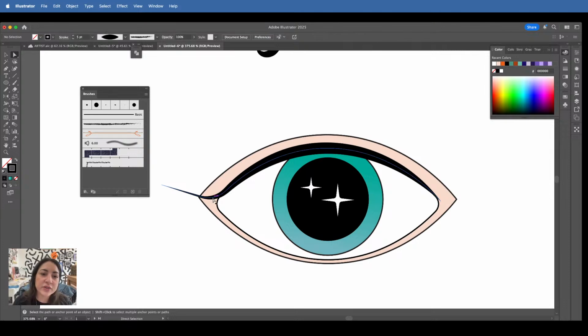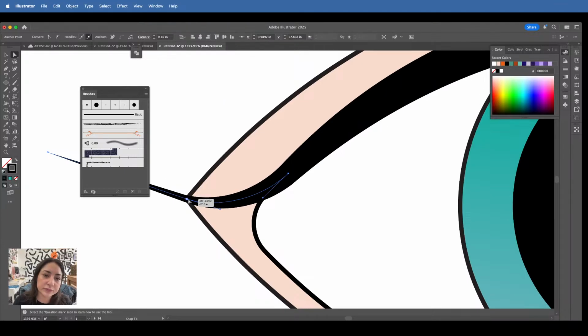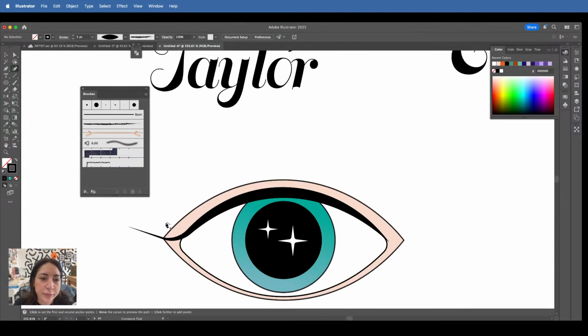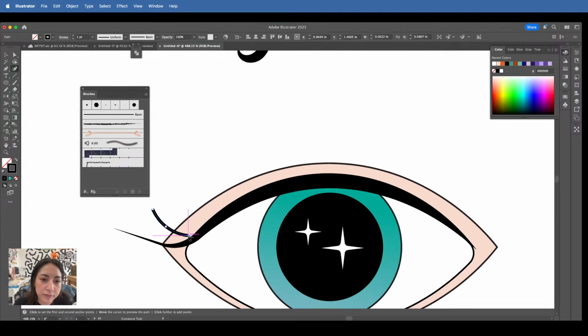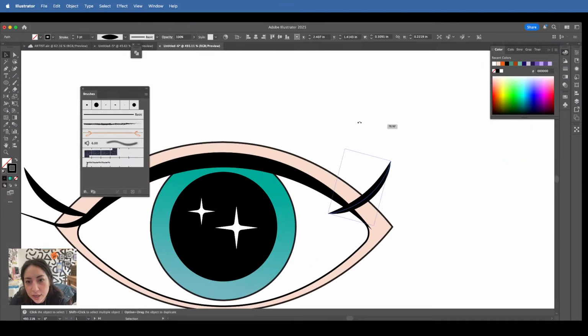And now I've done this, I don't know if it's a method or whatever, for creating eyelashes. But I'll go ahead and do this. I wanna go big with the eyelashes here. And then I'll go here at the end, make it a little smaller.